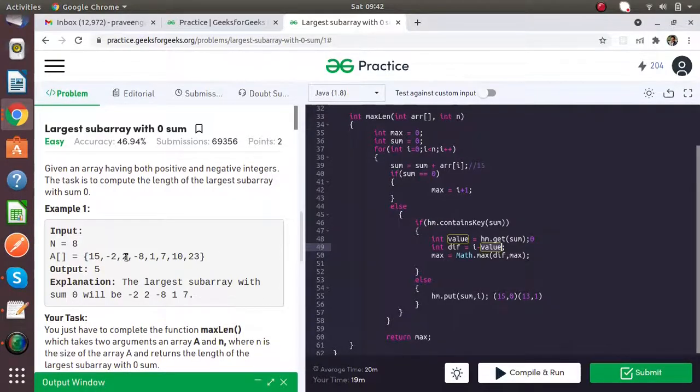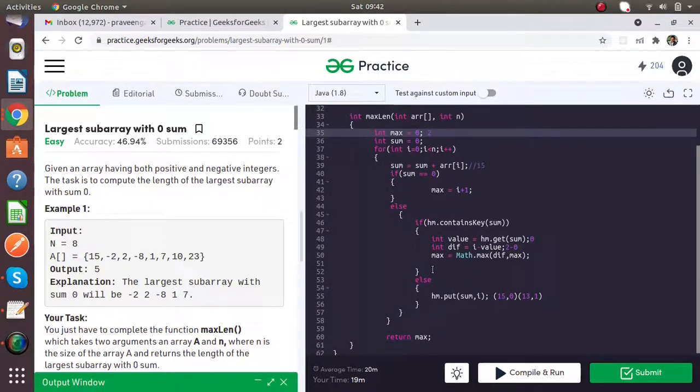The i value is 2, so 2 minus 0. Then we are going to check which one is greater, the previous length or the current length. Previous length is 0, and the current length, the difference, is 2. Between 0 and 2, it is 2. So the max length is 2, and the value of max is now 2.